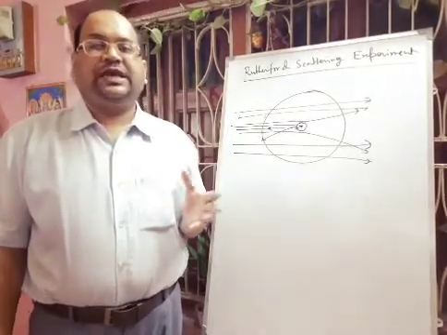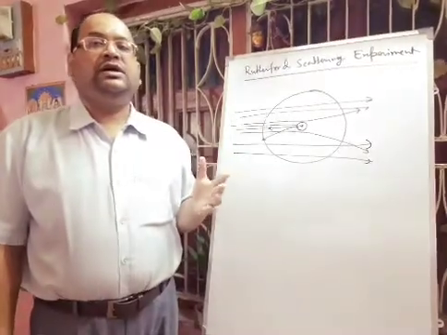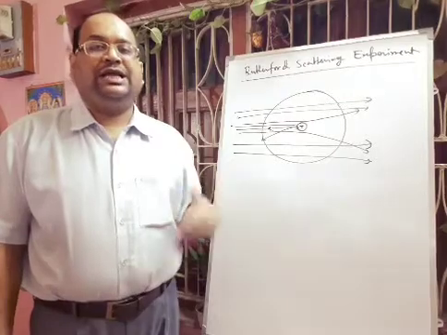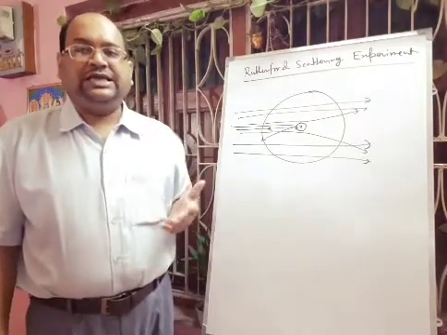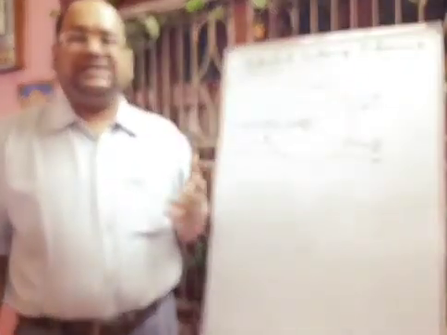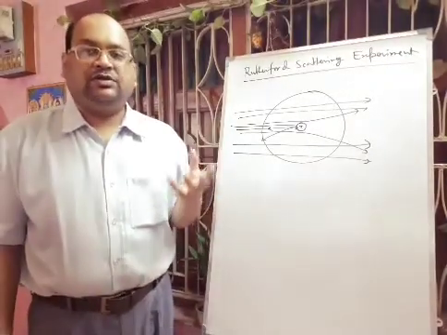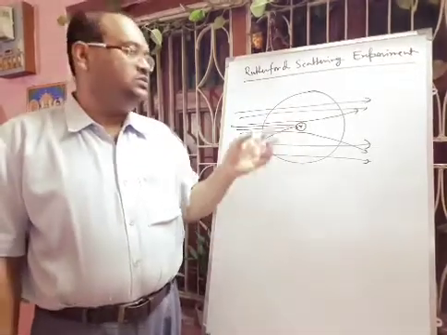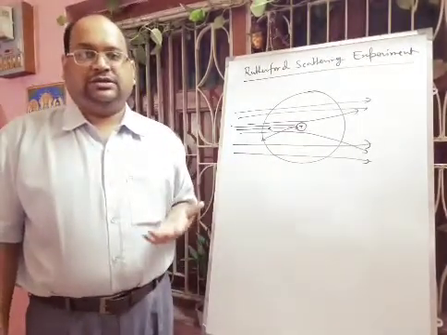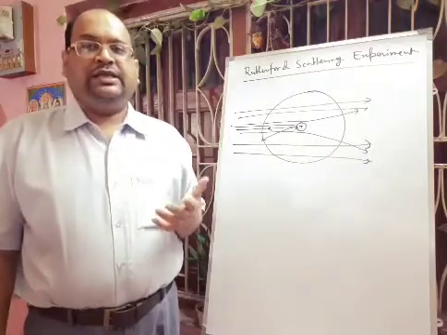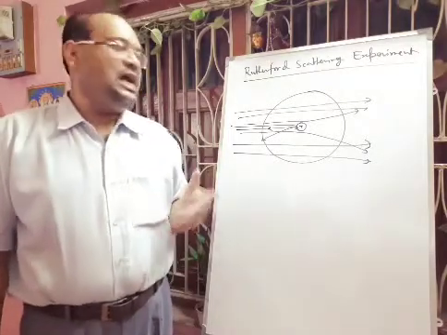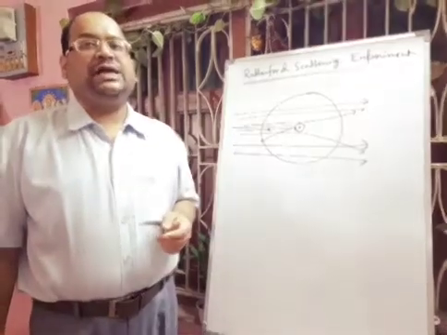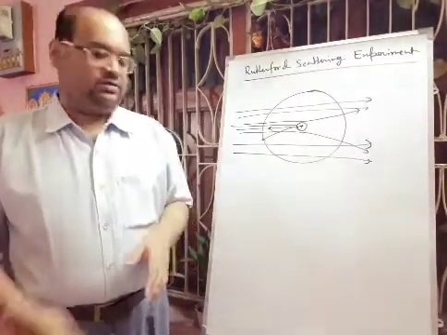That is why, as a result, after collision they go backward, that means more than 90 degree angle. The positively charged heavy mass which occupies only a small space compared to the total space occupied by the atom is called the nucleus. So Rutherford in this way discovered the nucleus, and the nucleus is present at the center of the atom. Next we will discuss Rutherford's atomic model.